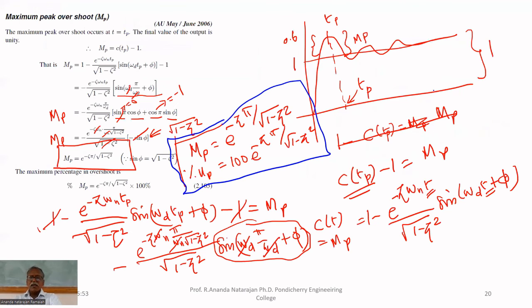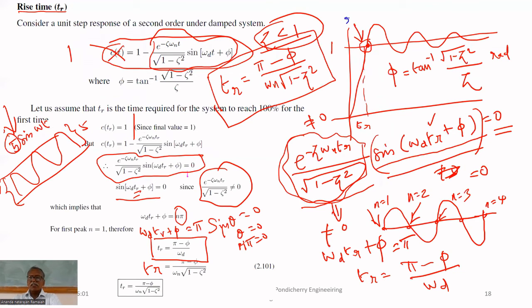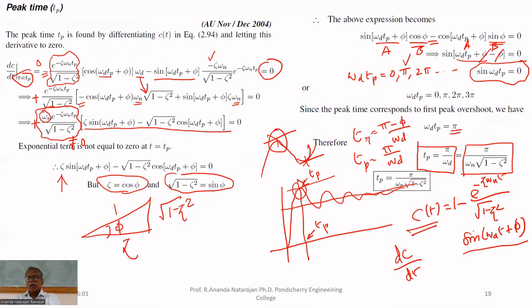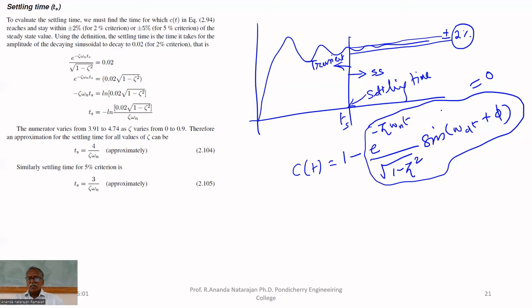Earlier, we have seen that at this point, the sinusoidal function is 0. We are assuming like that: at this point, omega d t plus phi is 0, like that we have derived. But here, the entire part becomes 0. Then only it will settle at 1. The entire part is not settled at